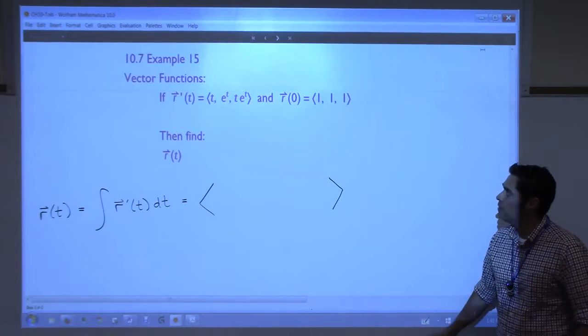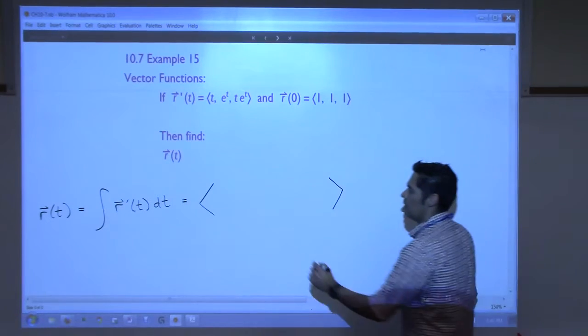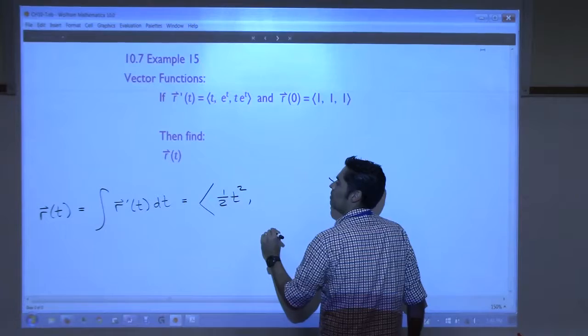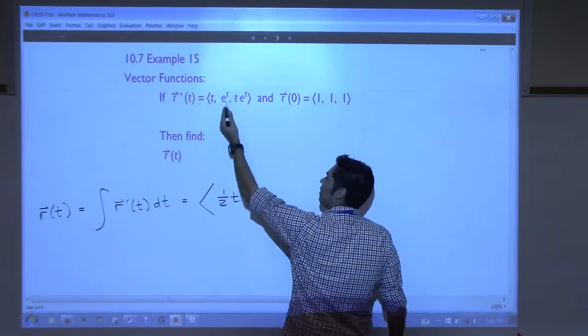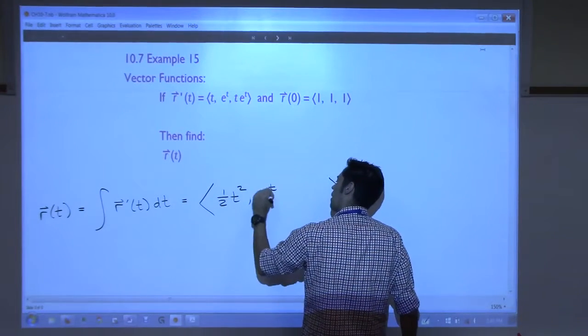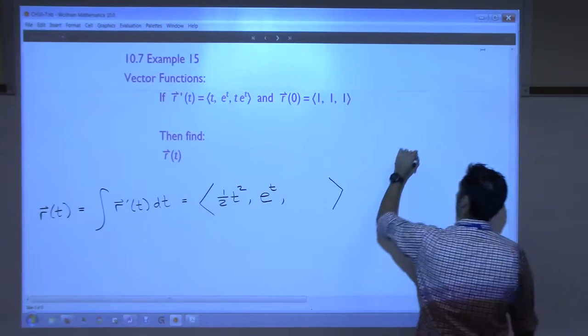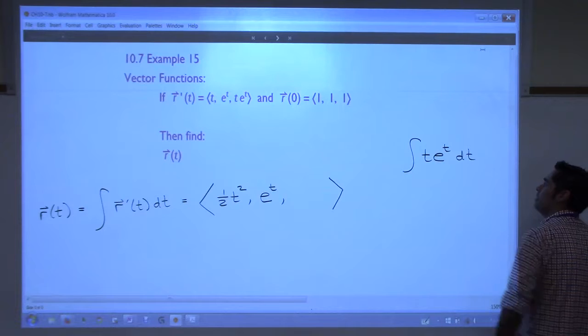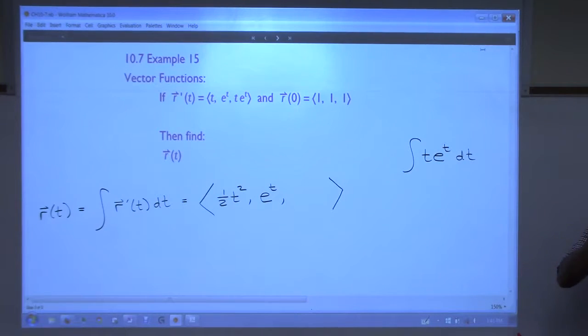What's the antiderivative of t? 1/2 t squared. Okay. And then e to the t. And then how would you integrate t e to the t dt? Wolfram Alpha? No. Integration by parts. Again, depending on how you saw it,